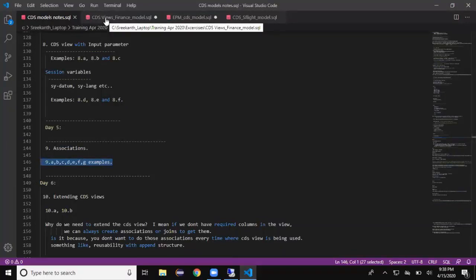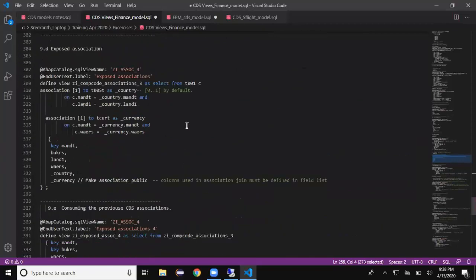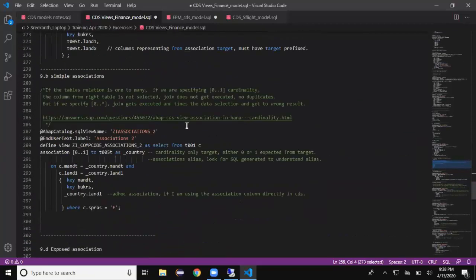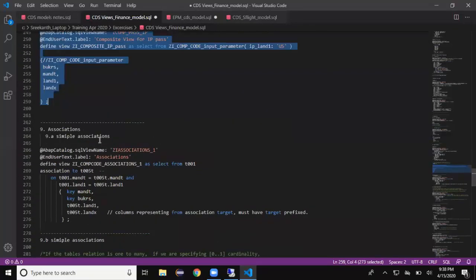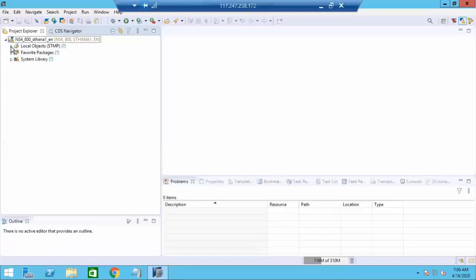Which means this is not only getting completed in this session, but just the topic will be completed in this session. So let's start with the first example. It's going to be example 9. I'm going to start with a simple association. I'm going to copy this one and go back to